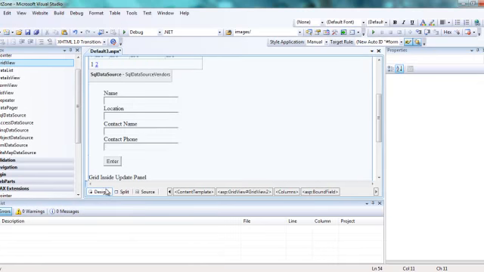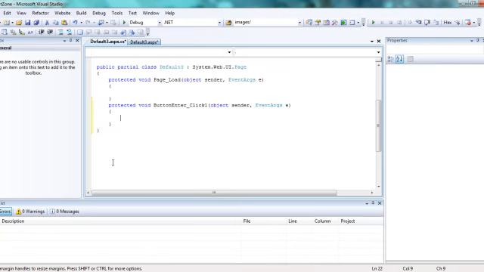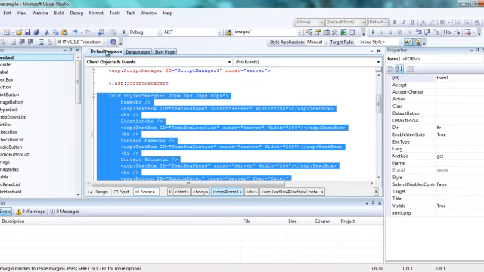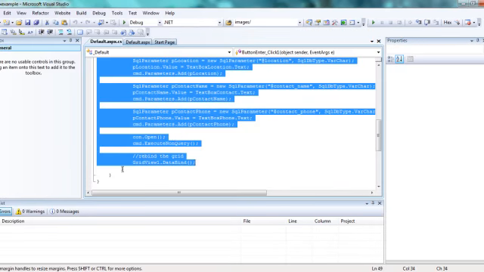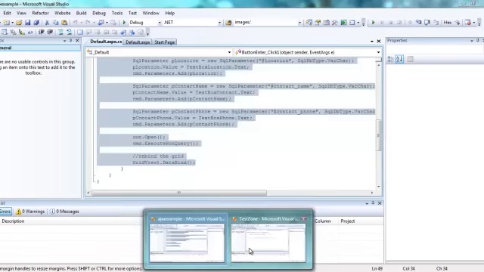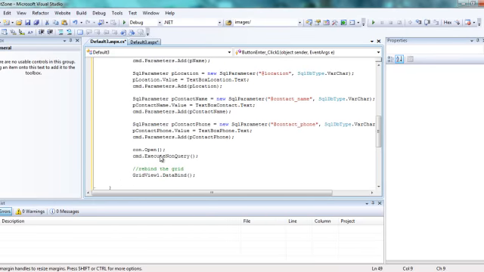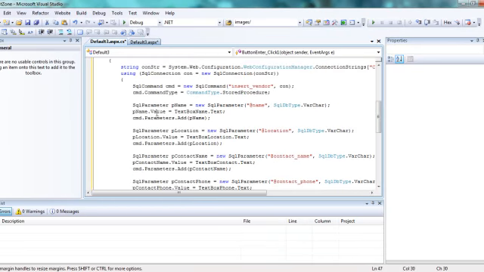And now if you notice, okay, so we have the name, location, contact name, and phone number, and we need to write code to insert into the database. Once again, let me copy the code which I kept ready. And we need to include,